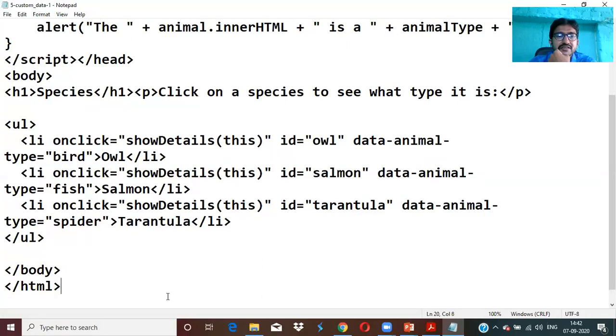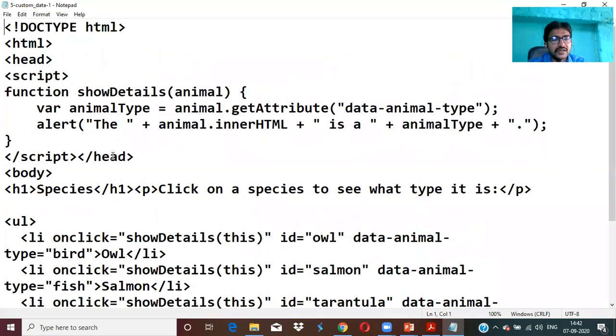Now the question here is, when I am clicking on oval, how is it navigating? On click equal to show details of this. Now when I click here, it goes to the respective code.